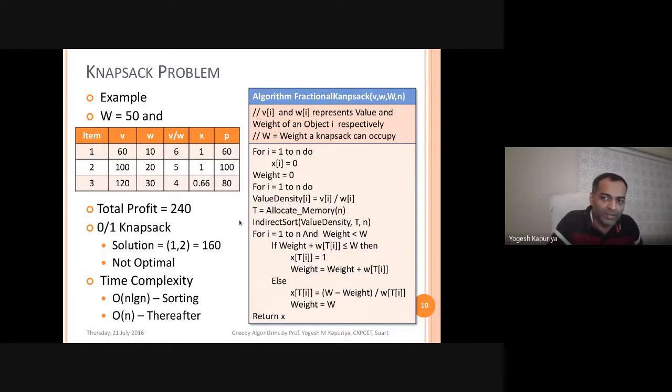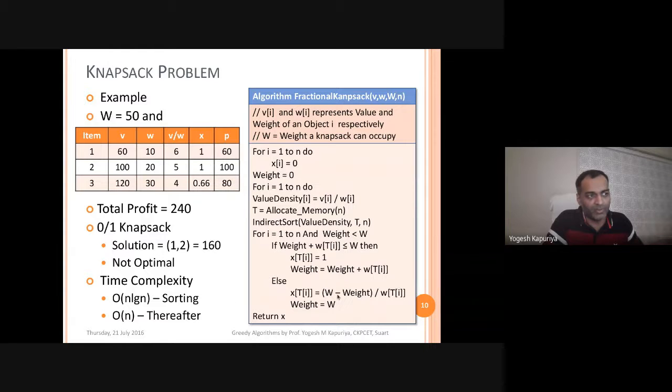So this item has more value density, so you have to choose that item only. Because you have a provision of the fractional case, you can choose a part of that item as well. So now you will have to find out what part of the object is to be selected. How can you do that? 50 gram is the remaining capacity, 60 gram is the object weight.